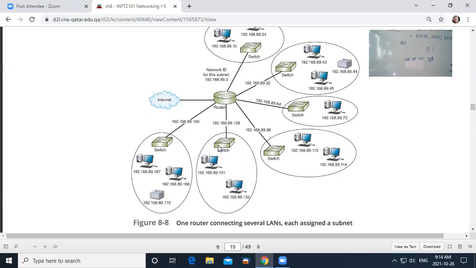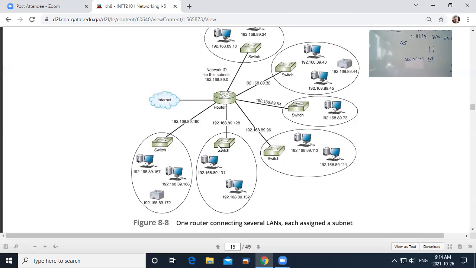But oh, hold on, here's our network addresses, 96, 128. The difference there is 32. All right, 32, yes. So these are the networks, 32, 64.